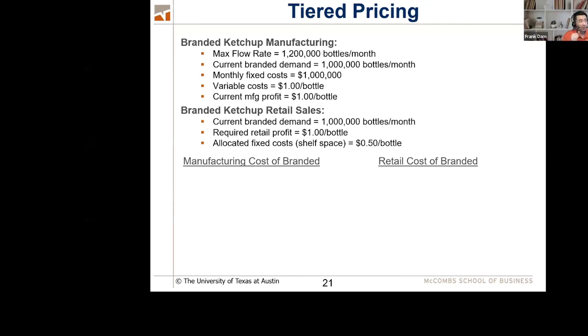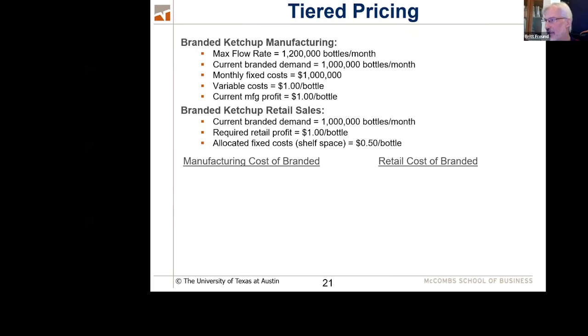Sorry, Professor. Quick question. I was curious before we jump into this tiered pricing, if you took the same problem with the marine scopes, and let's say that the estimated volume was an additional 381, so 380 would be your excess capacity. What happens if they wanted to order one over that? So we're going to explore exactly what Frank is asking right now. So Frank, as usual, an excellent question, just a little bit early.